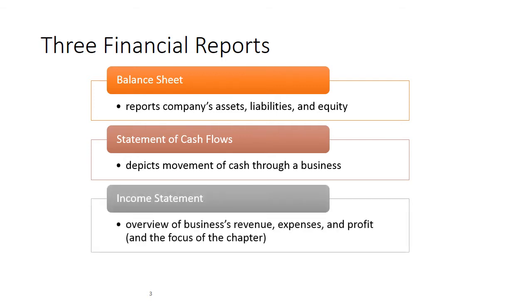And then the income statement is the overview of the business's revenues, expenses, and profit. So where exactly are we spending that money? This is an overview for a period of time, so it can be an income statement for the month, for the quarter, or a yearly income statement. It tells us how much revenue we've made, how many sales, what our expenses are, then we break those down into dollars and percentages, and then how much profit we have. So we've got gross profit, profit before tax, and profit after tax,